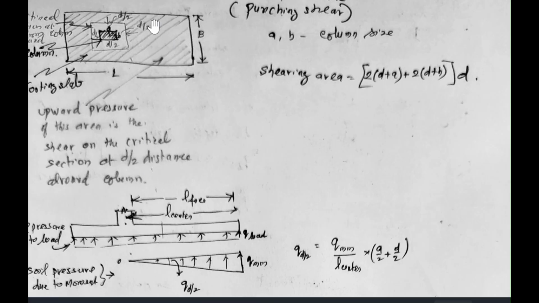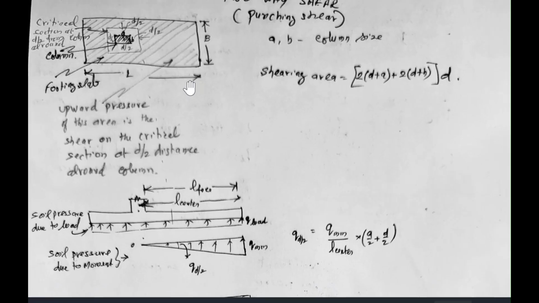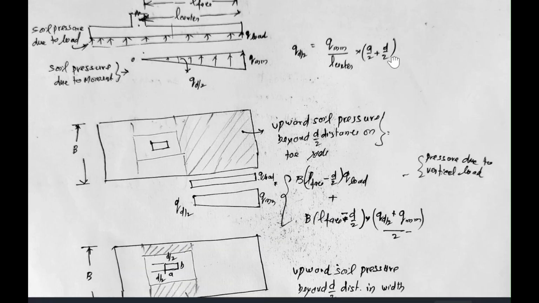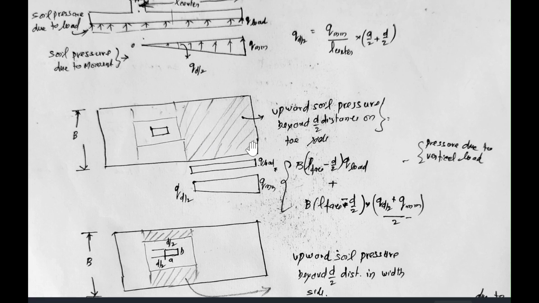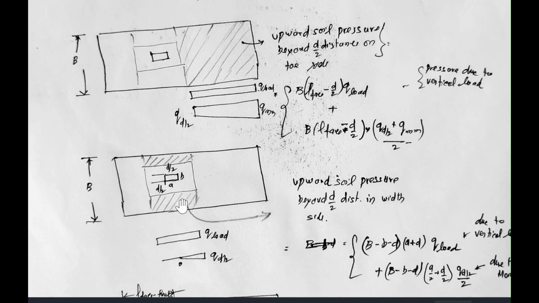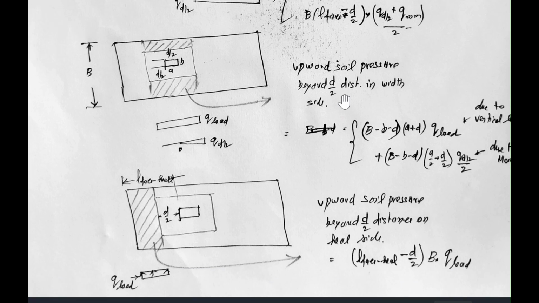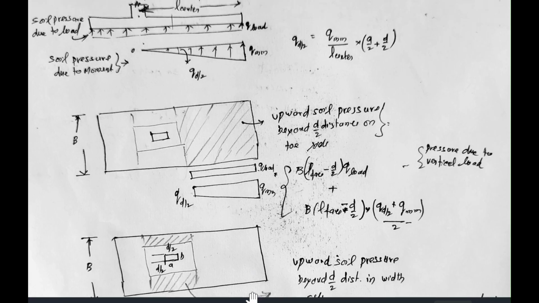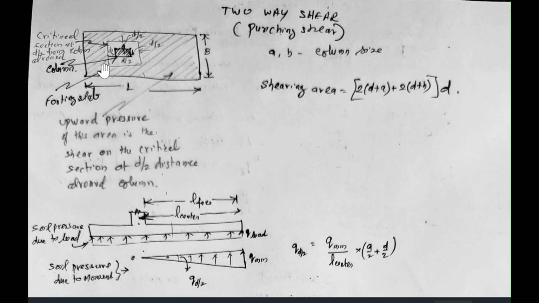So the total soil upward force in the sheared area is to be calculated. This calculation is done in three parts. Firstly, the right side, the toe side beyond this critical section, is calculated. Then the width side, the top side and bottom side, is calculated. Then the left side. The shear force exerted by this sheared area over that all round